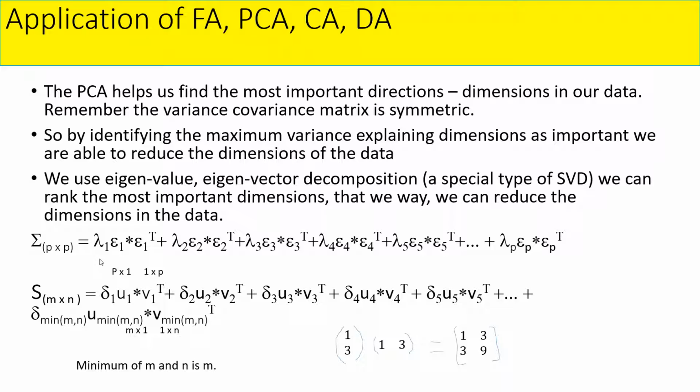Okay. So here is actually the formula, right? That is where sigma is the variance covariance matrix, and it is decomposed. This is called a decomposition. Decomposed into, because it says P by P matrix, maximum it can have is P eigenvectors with the corresponding weights for each of the eigen direction or axis direction. Okay. So in the new transformed space,